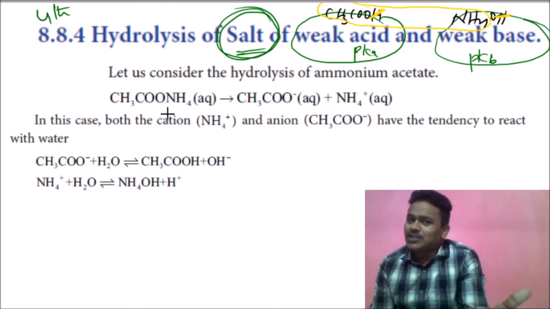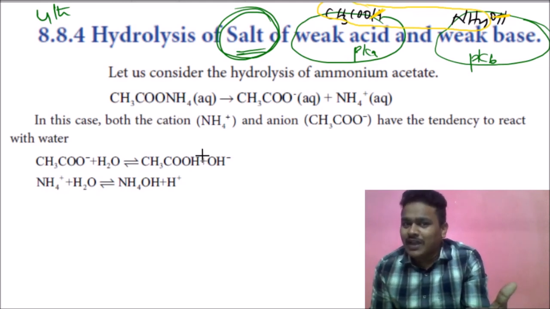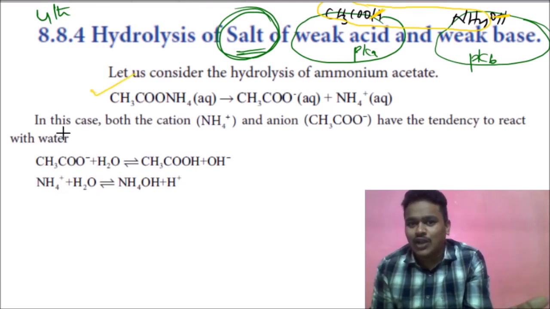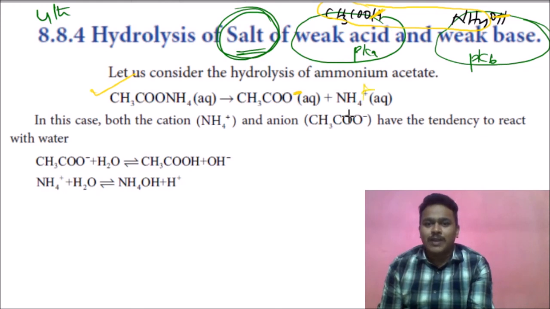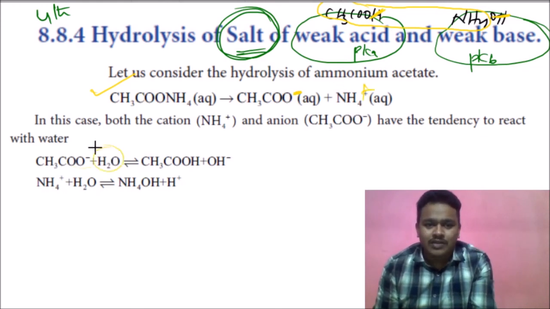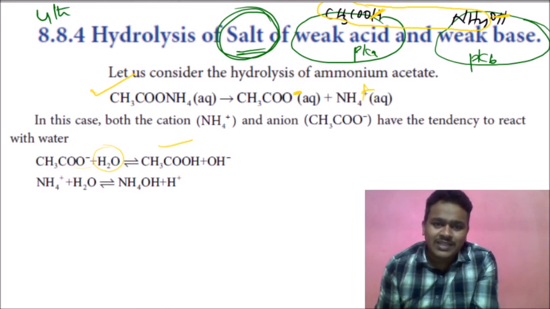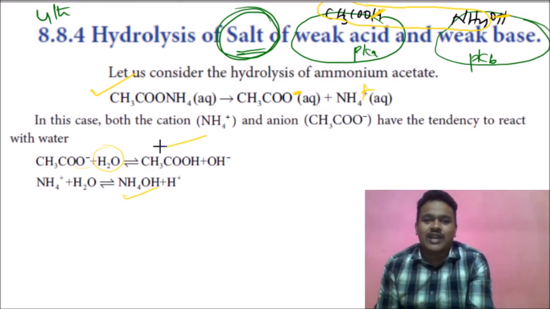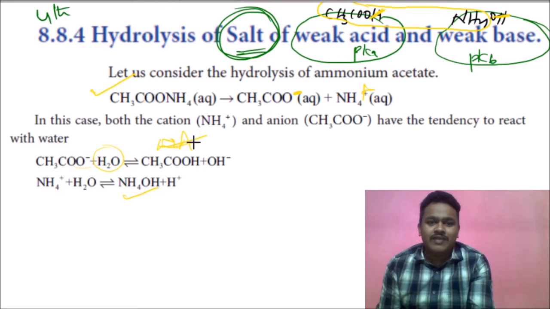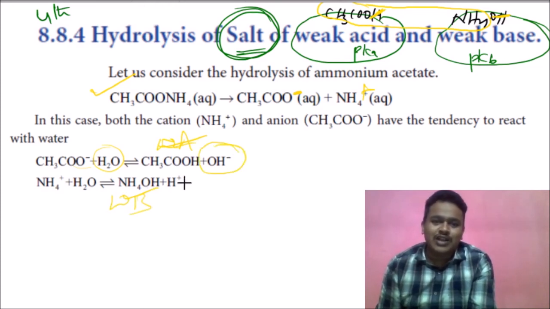This time it is the last salt, so they are not giving it completely. Directly they are giving the salt to you. The salt is completely hydrolyzed, completely ionized, so CH3COO minus and NH4 plus. After hydrolysis, when water is added, what happened? Acetic acid is formed and NH4OH is formed. Both are unionized, weak electrolytes. A weak acid is formed and a weak base is formed. Both are weak. OH minus ions also appear here. H plus ions also appear here.